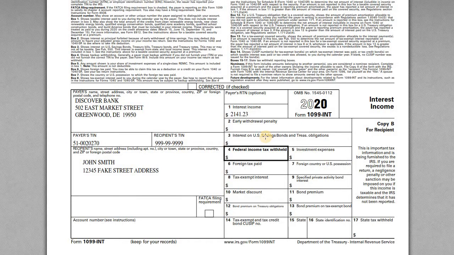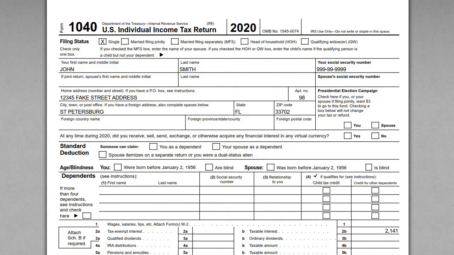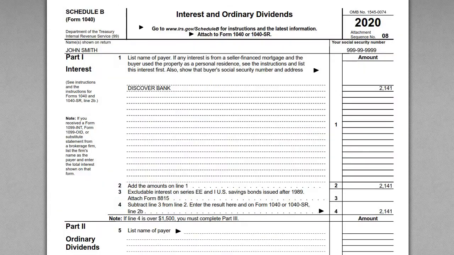Now, for U.S. taxpayers, important note here, just because you don't receive a 1099-INT doesn't mean the income is not reportable. If, for example, you got $4 in interest income during the year from somebody, you might not get a 1099, but you still have to report the income, right? So if we flip back to the 1040 here, it's for John Smith, let's say.